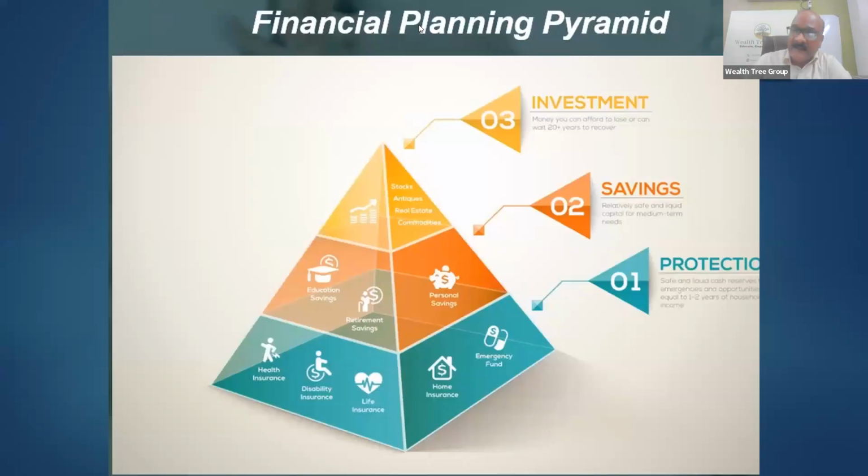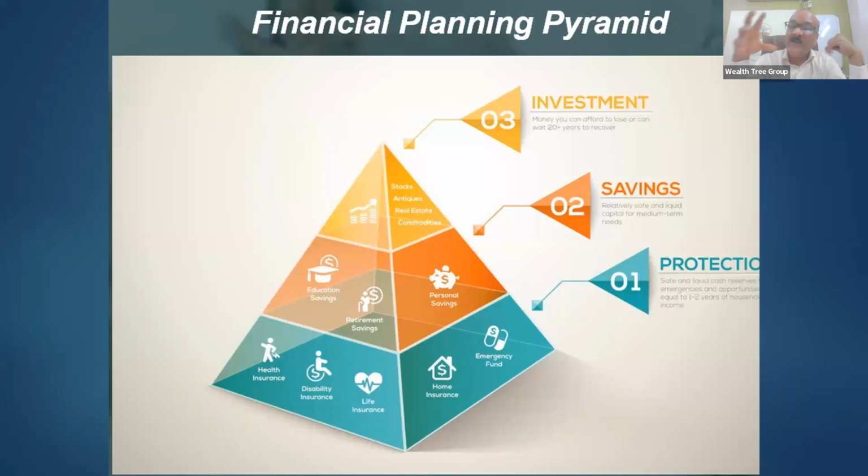And if you want to do financial planning, there are 3 things. Financial planning consists of, one is protection. Protect whatever you have right now. That is the first thing. The second thing is saving, and another one is investment. These 3 things, if they are taken care of, then your life will be very, very good.